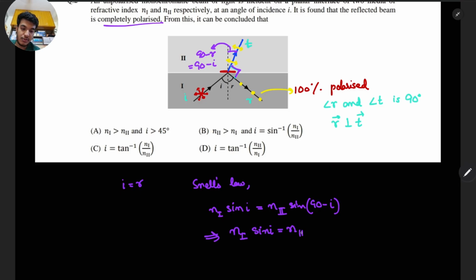So n1 sin I equals n2 cos I, therefore tan I equals n2 by n1,